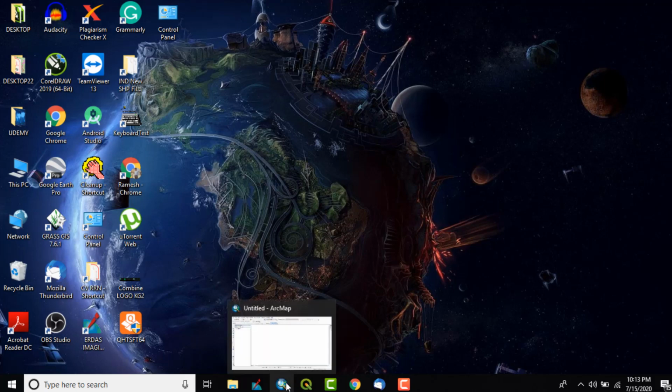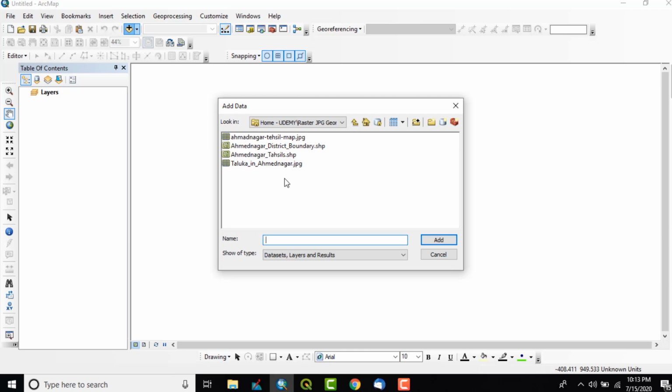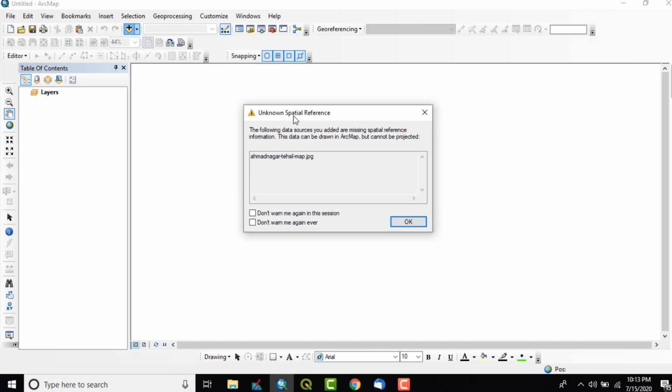Let's open ArcGIS, because this task we are going to see in Esri's ArcGIS software. So this is the ArcGIS software I have opened already. Let us add the data we have. This is our downloaded file. Since it is a JPG file, basically when we download such JPG files, it doesn't store any spatial reference.